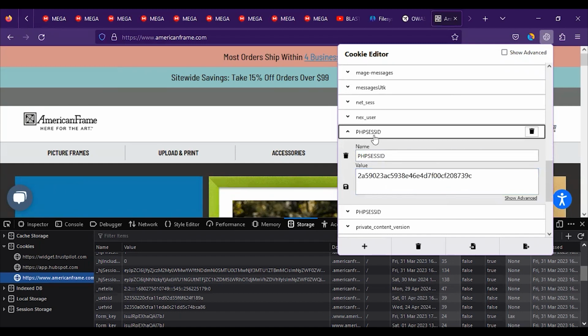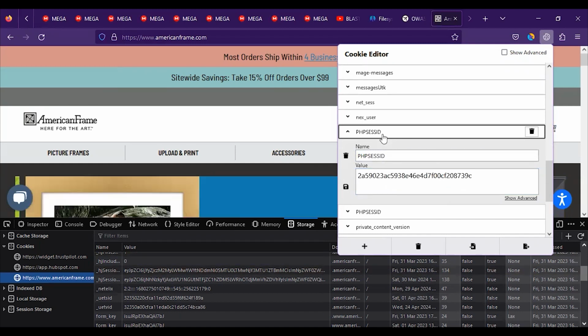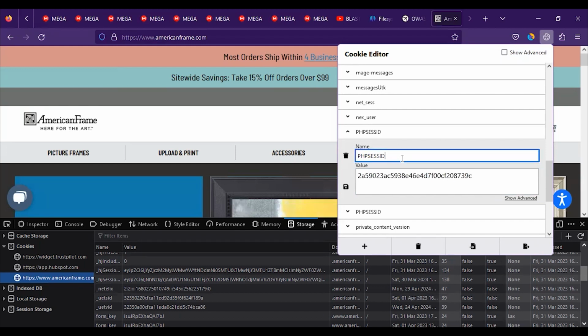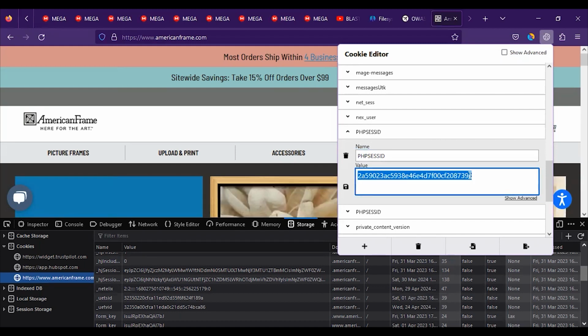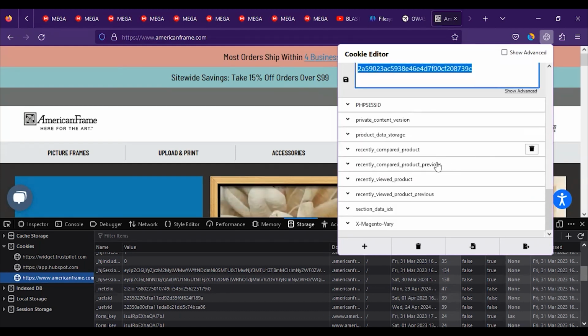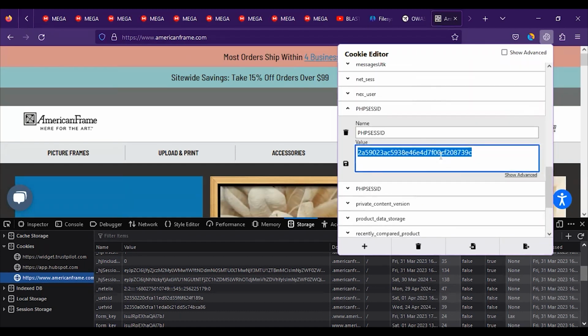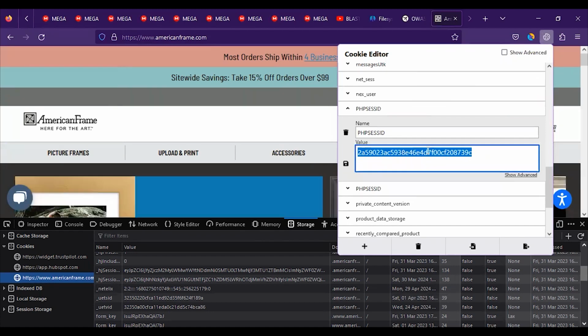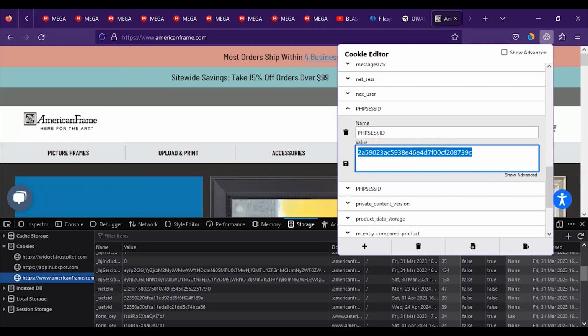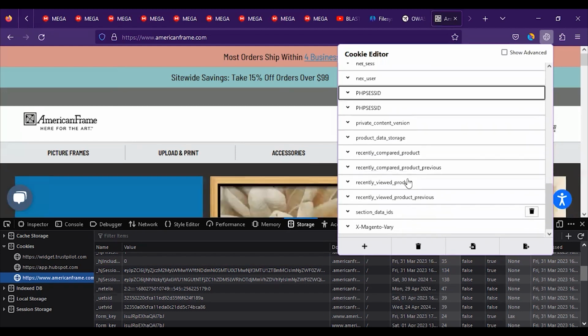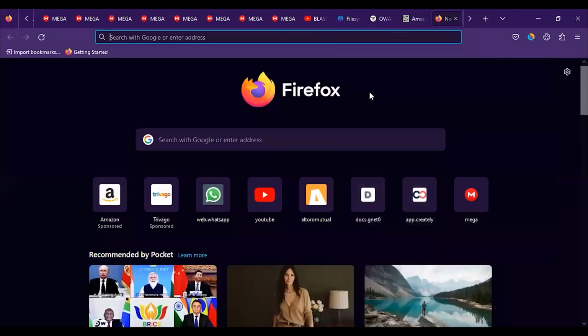Now PHPSESSID. Okay, this is the PHP session ID. Even this, if you are able to see it, it is also vulnerable. It comes in as a vulnerability, but an informative one, not a high vulnerability. You are able to see the PHP session ID. What else? So let's go and search for